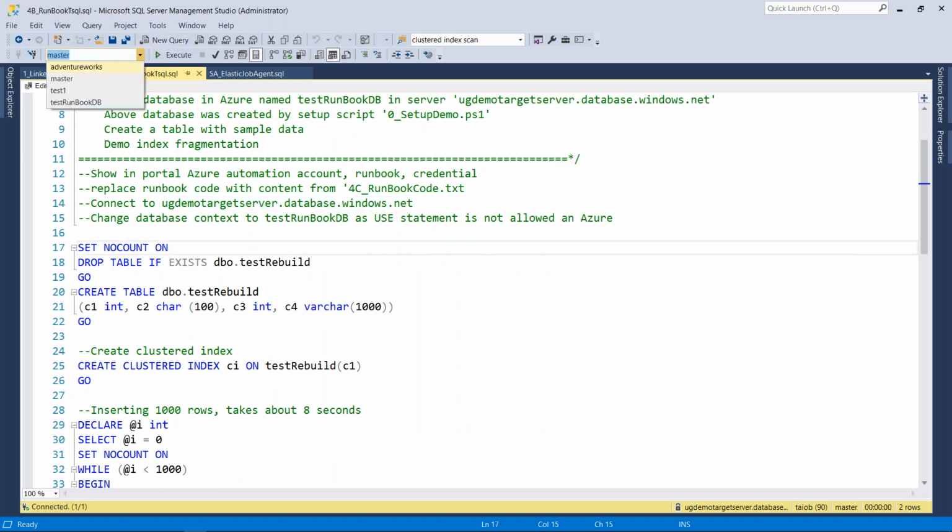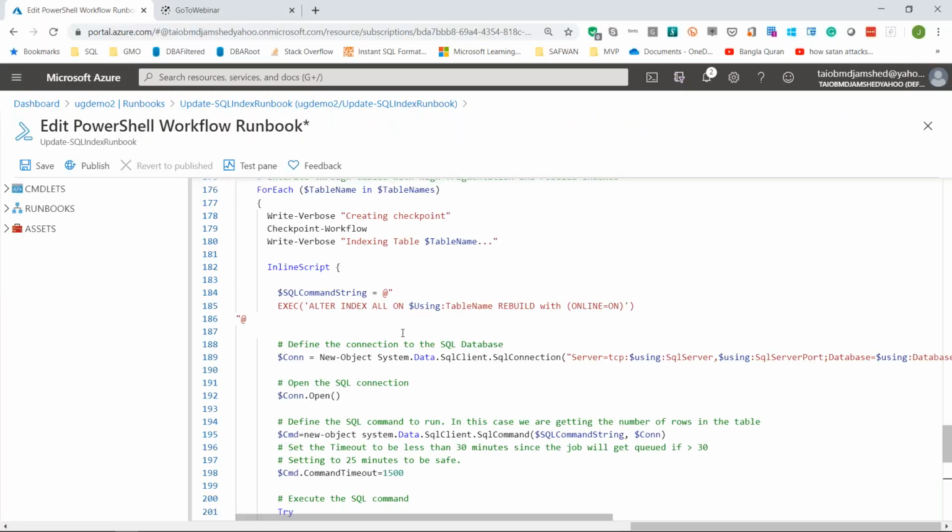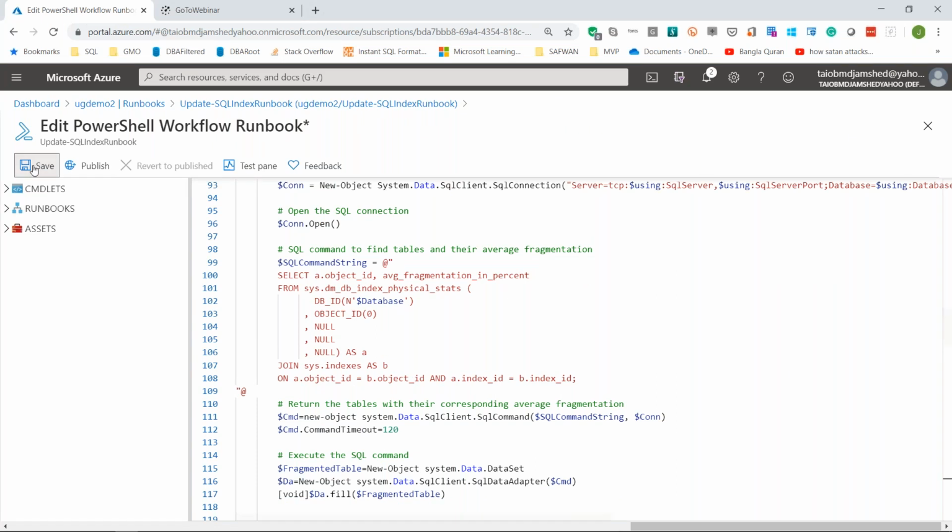Nothing fancy here. I have to be in the right database context. I gave the name test runbook, just so it's obvious. And it should give us about 40% fragmentation. So as you can see, it's 39.8. Now let's go here and save our code, go to test pane